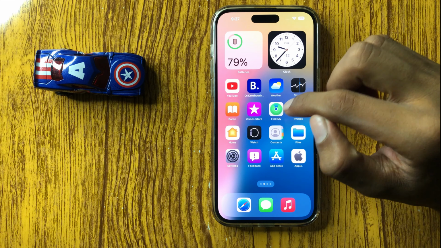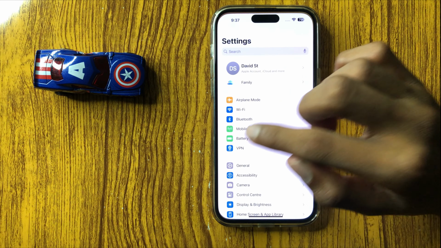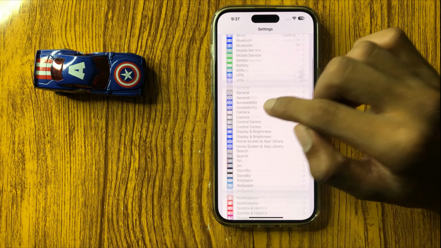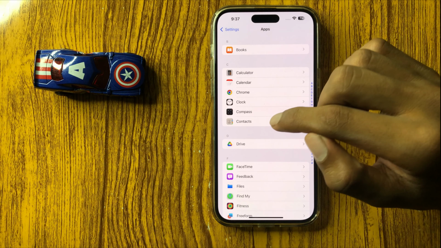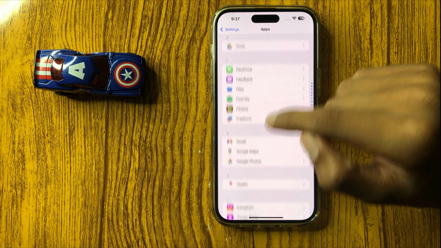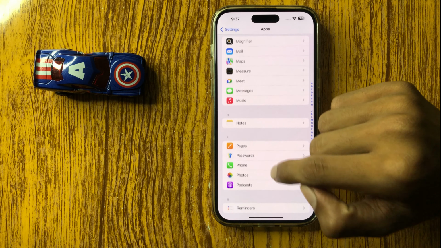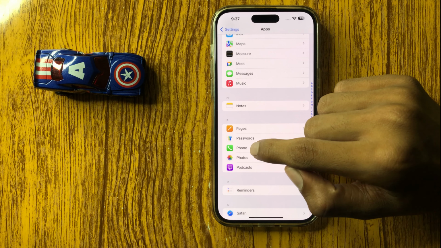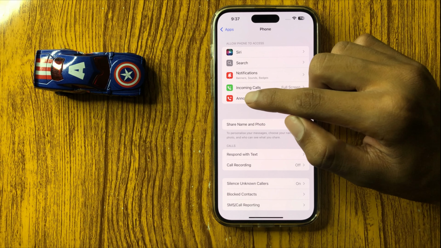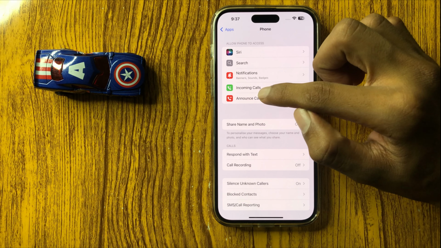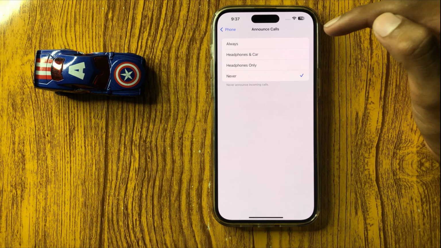First of all, open Settings, and then scroll down to the last and click on Apps, and then scroll down and here see the option Phone. Click on Phone and then you can see the option Announce Calls. Click on Announce Calls, and